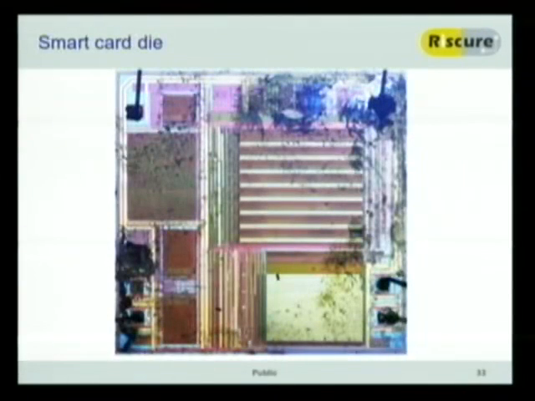So that's one of the smart card dies that you can look at. This is a bit of a dirty one. You see a lot of epoxy spots still on there. We found out that when you really want to have it clean, you're typically going to kill your card. So we usually don't go all the way, we just leave it a bit open. What you can also see is some of the more secure chips that have an entire active shield covering the die. You will see a snaking pattern going all the way over the chip, which is trying to prevent you from doing this kind of stuff.